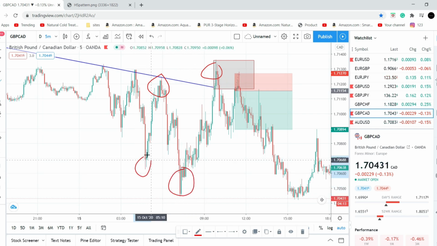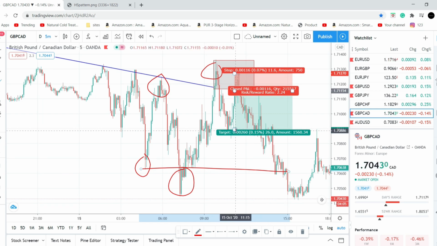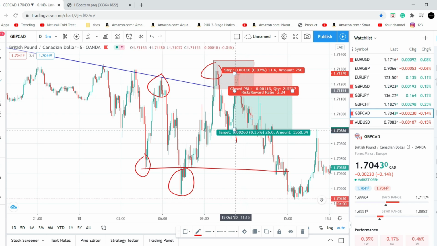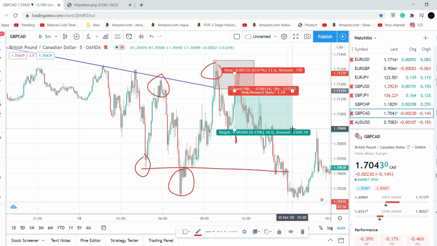It's a possibility that this can be an inverse head and shoulders. So this left shoulder can actually be support. So you have to understand that when you're trading. So if I was in this trade, I'll say, you know what,